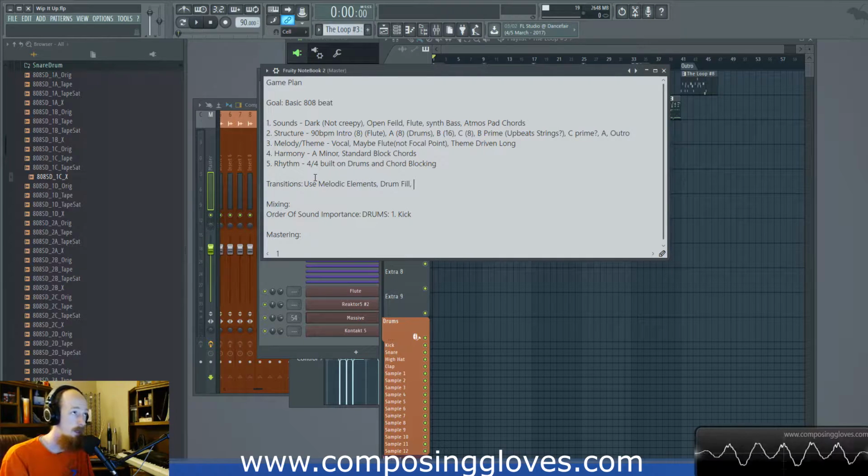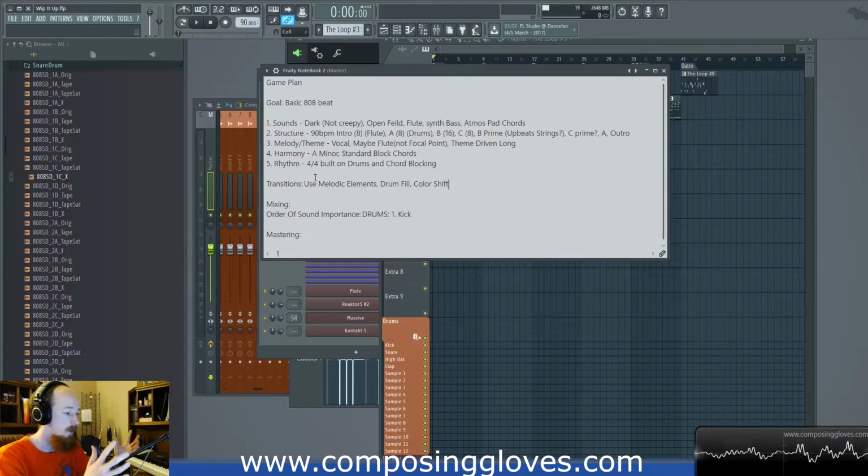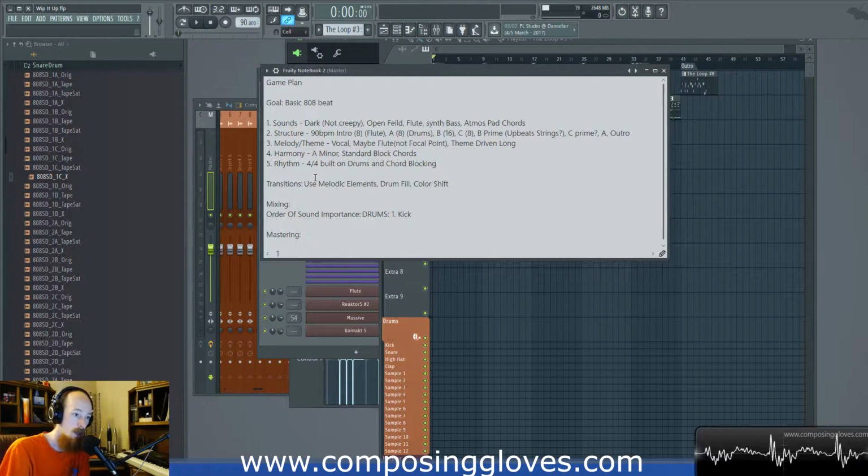Is it going to be a color shift? Meaning I'm going to take sounds that already exist and shift them into new sounds and then assign those old sounds new roles. Like, how am I going to do my transitions? Am I going to use, this is the most common one by far, effects? Am I going to use any of those types of things? In EDM, you're probably going to be using drum fills and effects. In hip hop, it could be a mix of all of these things. If you're doing orchestral work, it's probably going to be color shifts. So you just have tons and tons of options.